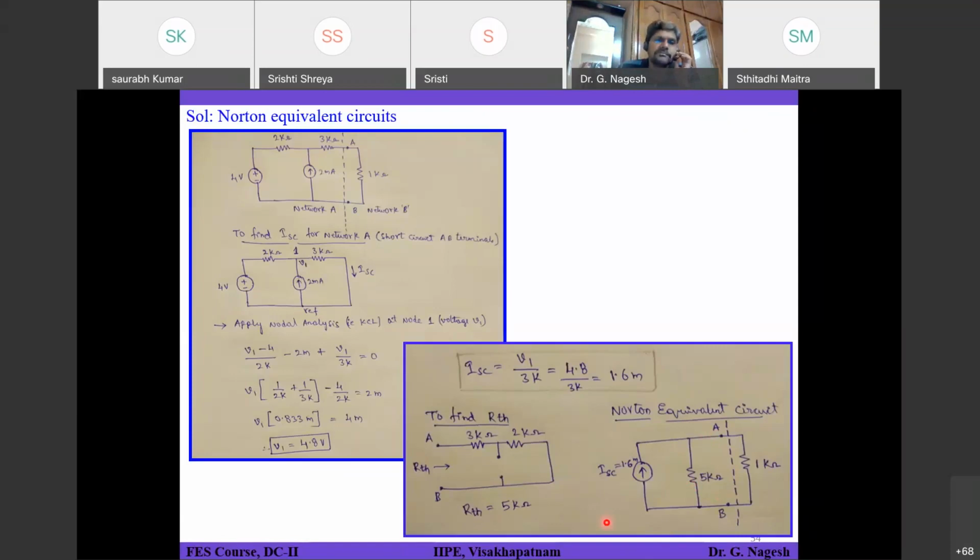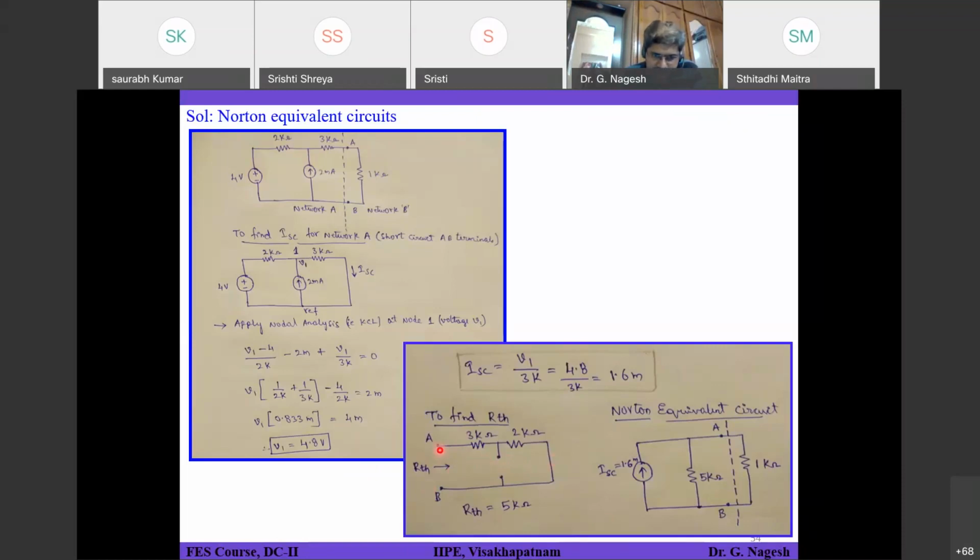Sir, we will always assume 1 volt? You can assume 5 volts also. If you use 5 volts, simply divide 5 by the current flowing from terminal A. You understood now? Let's say this is a circuit. Here there is no dependent source, so there is no need to apply that method. If there is any dependent source, then